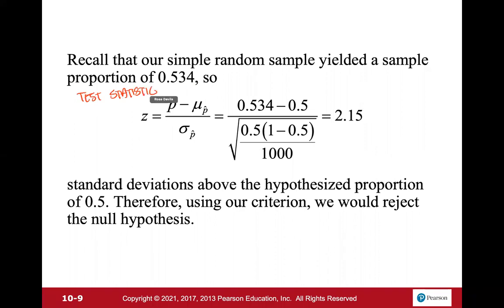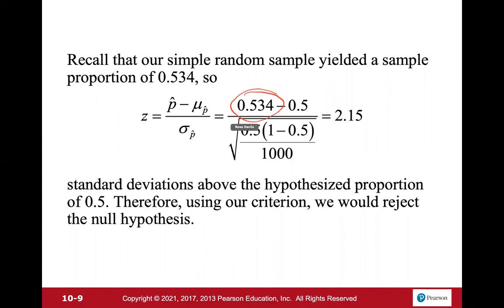And we're going to compare it to our critical value. So our test statistic, are we justified with saying that this is usual or unusual? So here we have this value of 2.15. Normally we would say that this is unusual because 2.15 is over 2 standard deviations away from the mean. So without having any other background information, we could say that this is an unusual